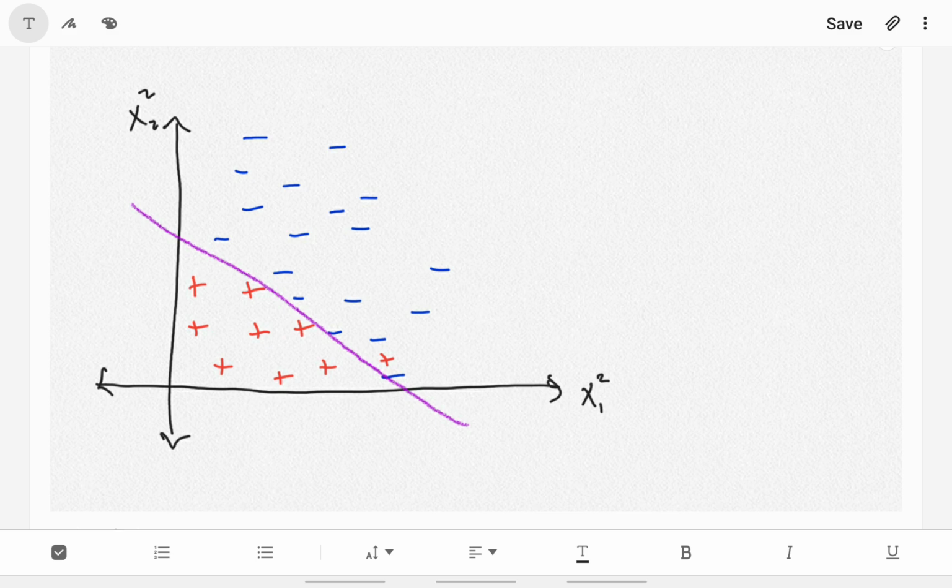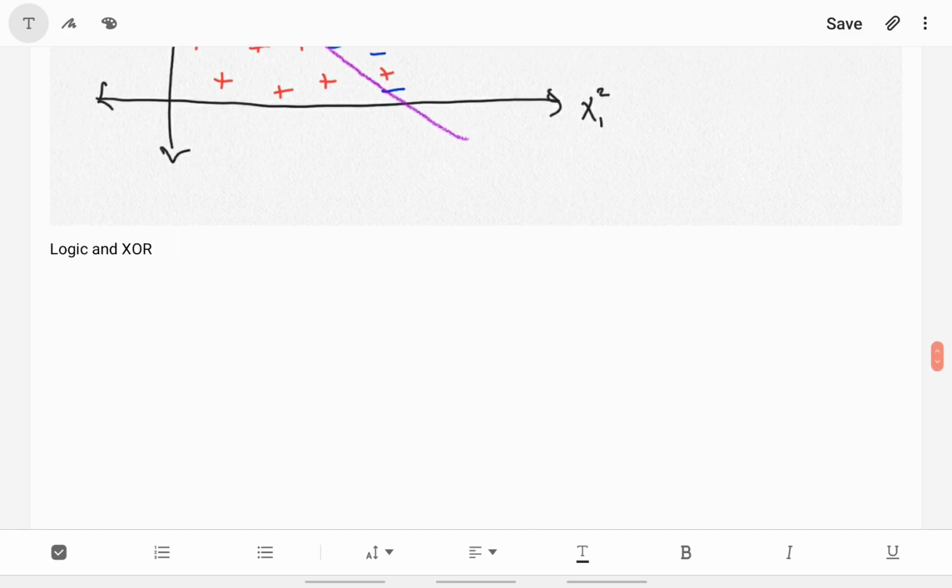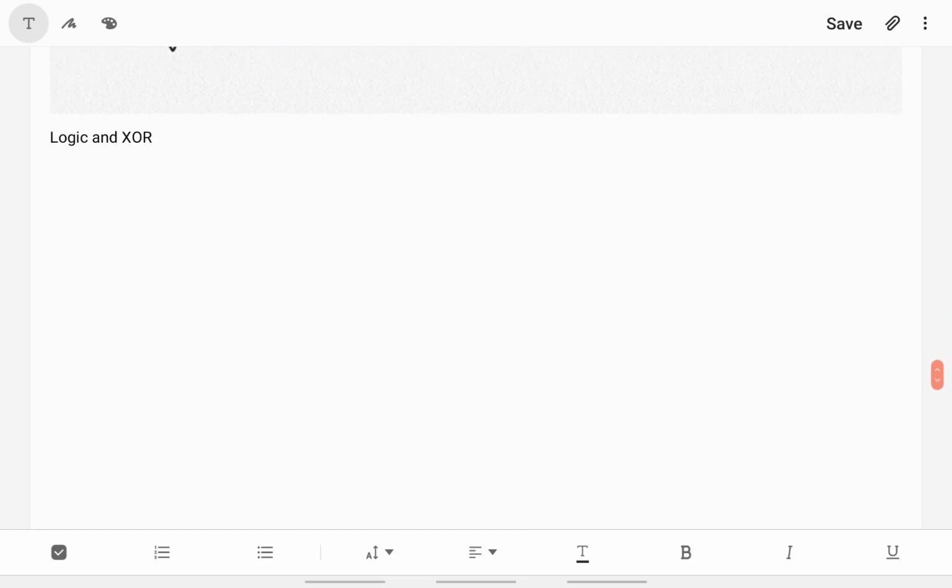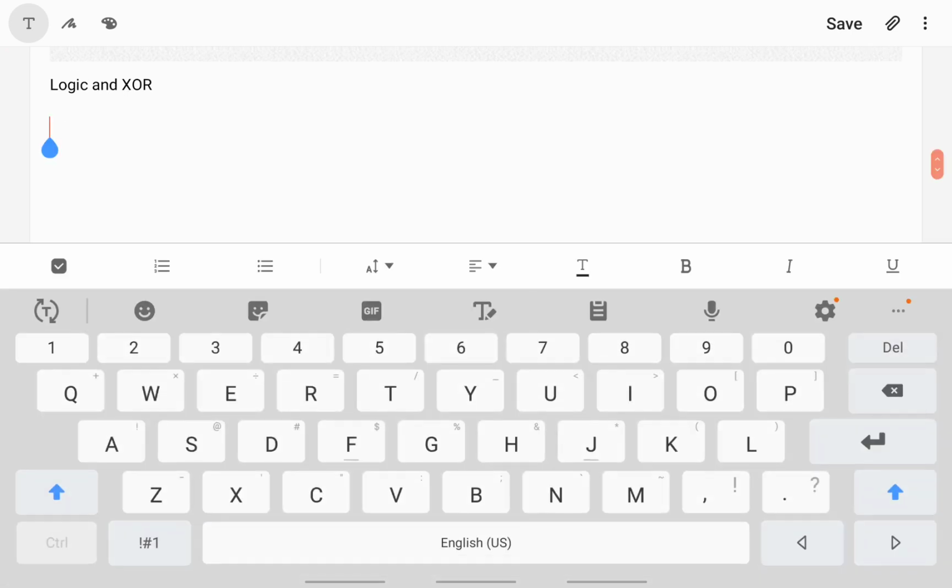Right? And so we could separate this data now with a linear decision boundary after we've done this high-dimensional embedding. So this is the basic idea for how we're going to construct nonlinear decision boundaries from linear decision boundaries just by using high-dimensional embeddings. Okay, so far so good. So another example I'd like to talk about, which is a good motivating example for this problem, is the XOR